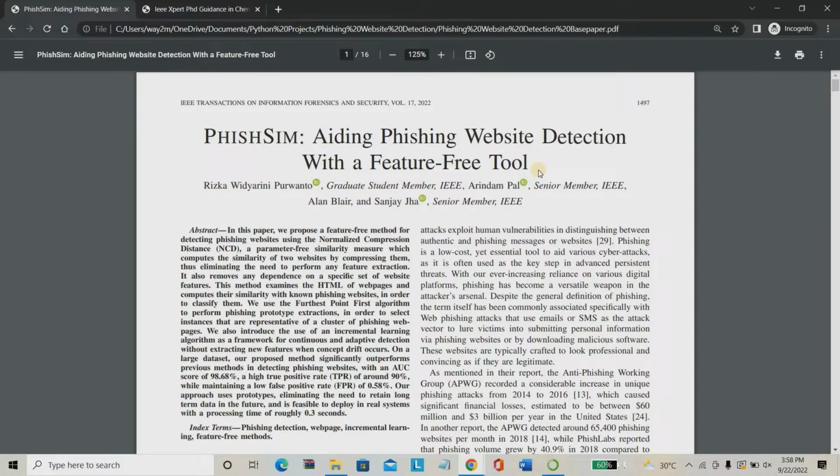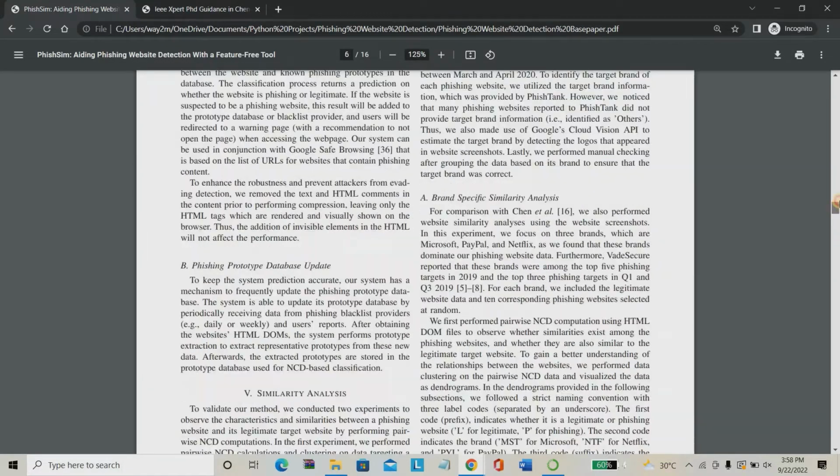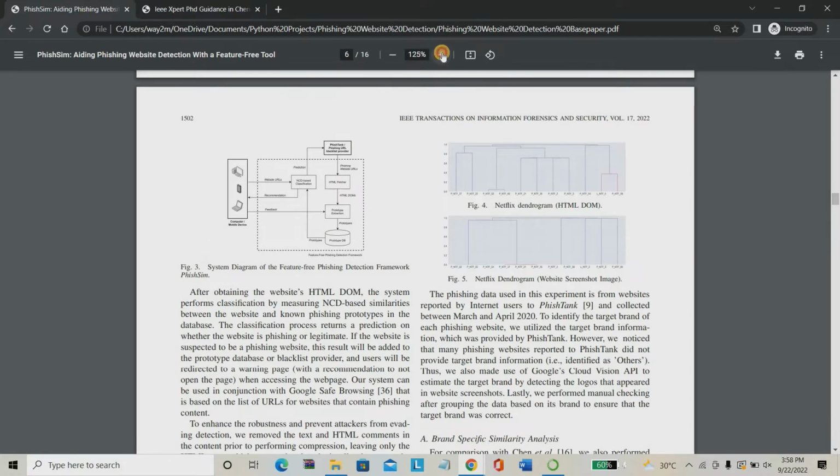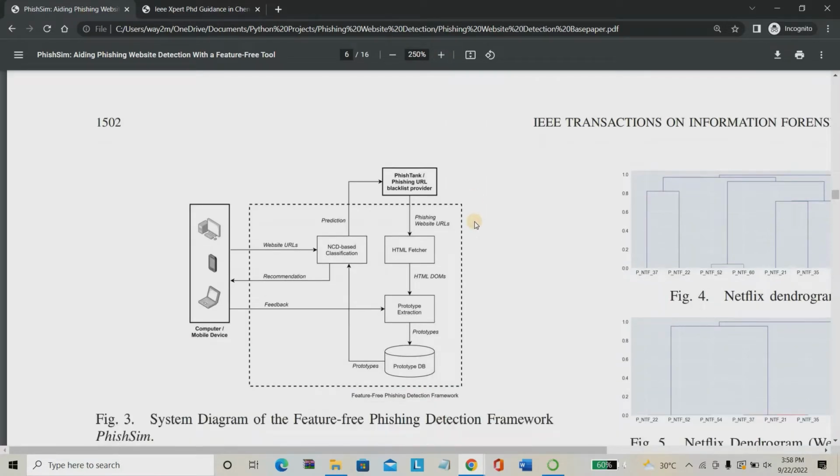So what we are going to do is machine learning. We have to implement phishing website detection using machine learning. We have to collect the website features that belong to phishing websites. In this project, they have formed the complete machine learning model for phishing website detection. This is an IEEE 2022 paper. I'm just showing you.